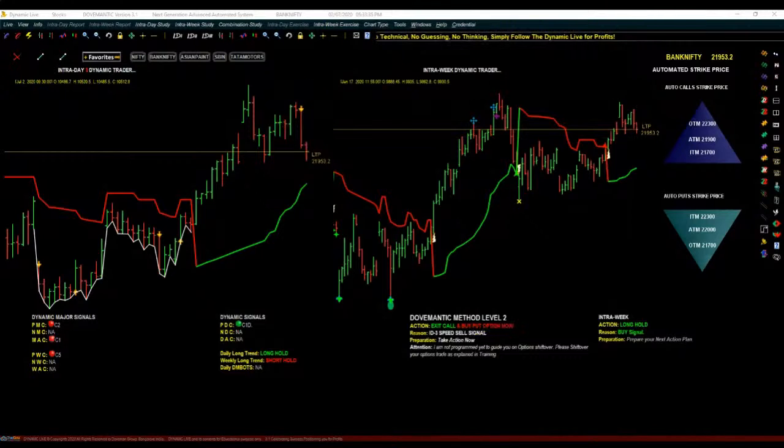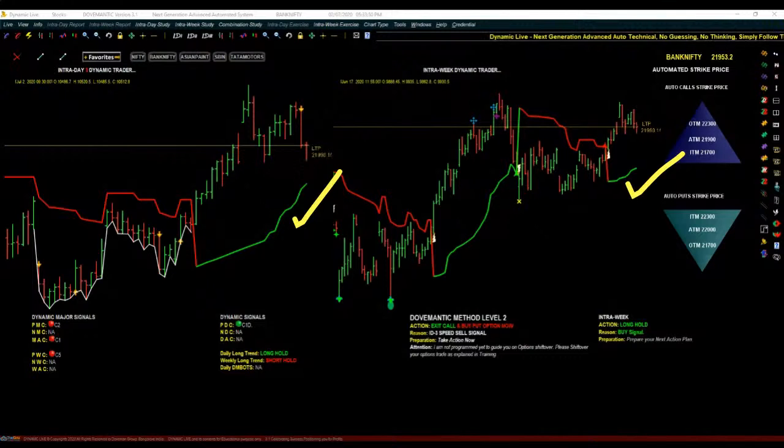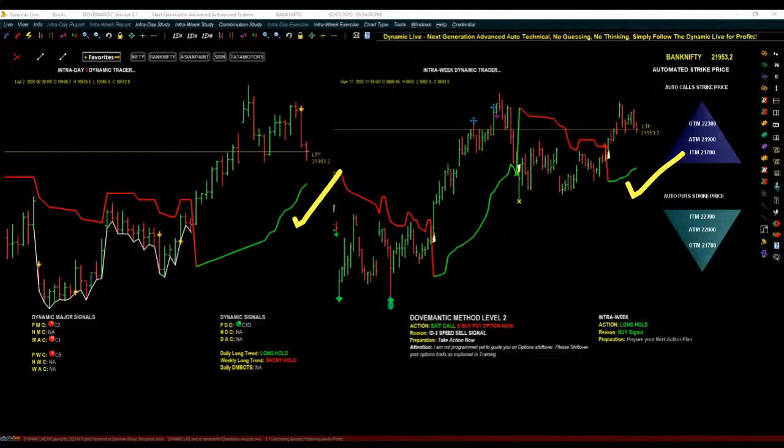But then there are times like this where it is now telling us to buy a put option. So when it says buy put option, we checked intraday 3 long, it is green, it is not supporting. Intra week long is also green, it is also not supporting. We check the dynamic system level 2 trading method. As per that, we are supposed to be holding a long position, that is also not supporting. All three of them are not supporting. In some cases, two are supporting, one is not supporting. It doesn't matter, any one of these three, that is intraday 3 long or intra week long or dynamic system level 2 trading method,